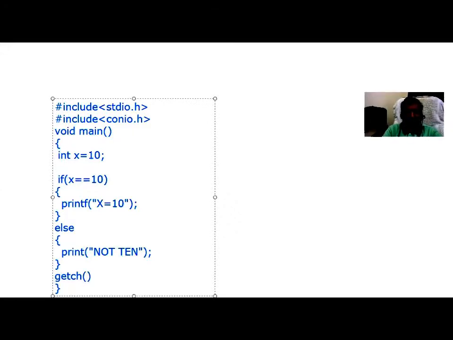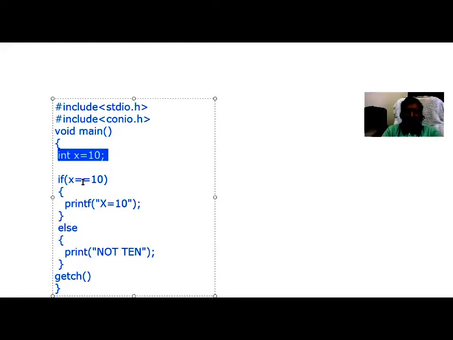Now, a very simple program. I'm initializing one variable with value 10, and here I'm checking if x is really equal to 10, this part will execute. If it is not equal to 10, this part will execute. What will be the outcome of the program?